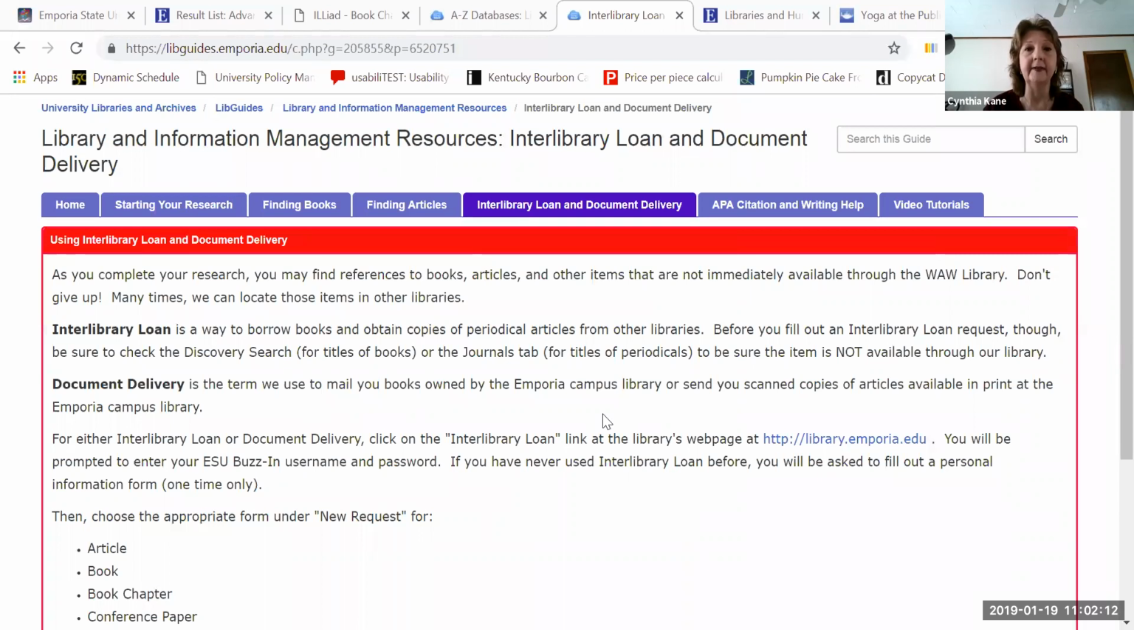So definitely make use of that. Let me know, though, if you have any difficulties or any questions about this option with interlibrary loan or document delivery, and I'd be happy to do some troubleshooting for you as well. So I'm going to go back over here to actually starting your research,